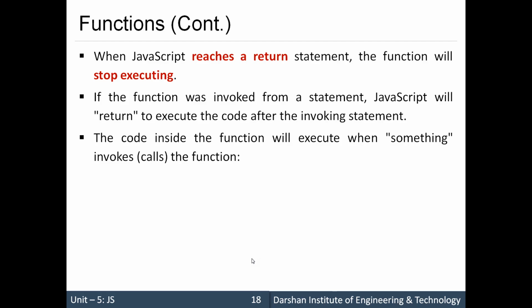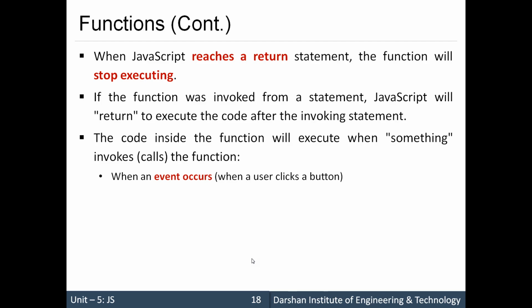There can be three different ways in which the function will be executed. The first is when some event occurs. For example, a user clicks a button, or we enter something inside the input, or we change the select, or the mouse is hovered on some particular element. Some event occurred. Ready?